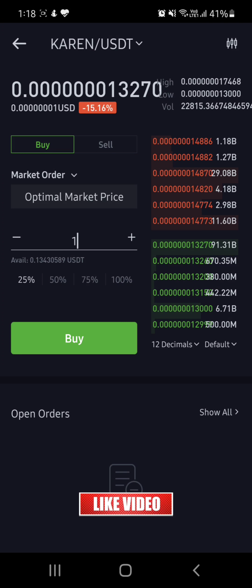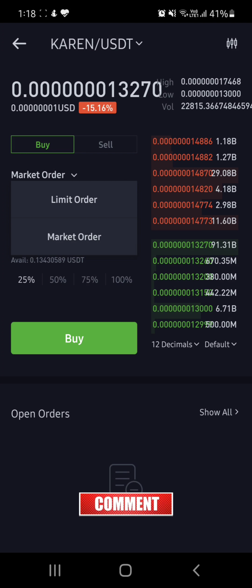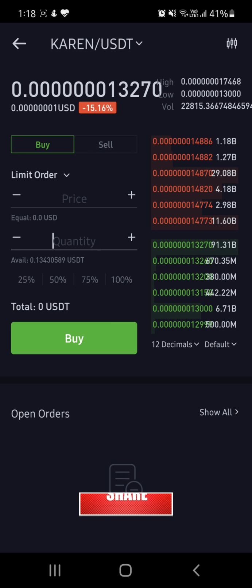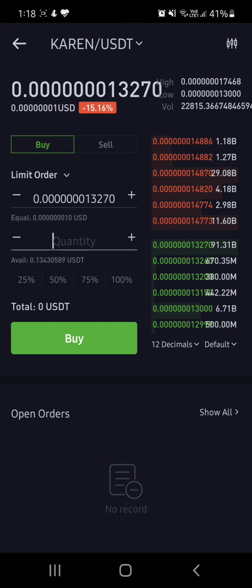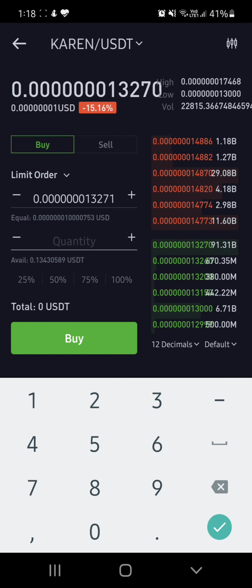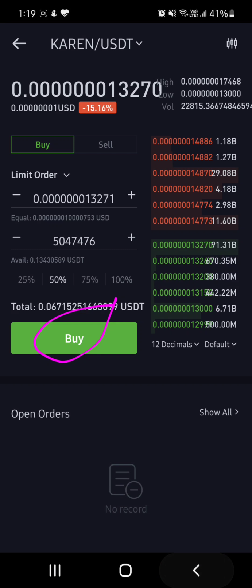So this is a USDT exchange. You should have a USDT balance well before in your account, then only you can buy. If you want 100%, you can select 100%. It automatically takes all the amount in USDT. Select that quantity. This is the quantity you are going to get, and this is the total amount that you are going to spend. This is about a limit order, and you have to click on that buy.